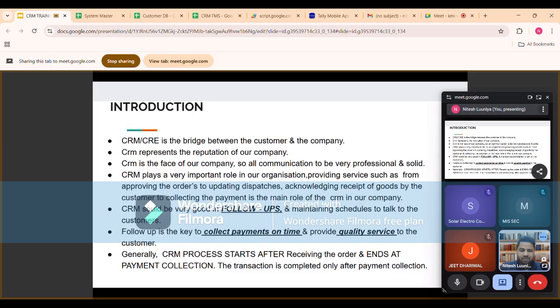So the main role of CRM starts after the order is received. Again, as I told you, follow-up is the key to collect the payment on time and provide quality service to the customer. So the main thing required here is follow-up. Make a note of this in your book in bold letters. This is the main skill required for CRMs. Generally, the CRM process starts after receiving the order and ends at the payment collection. The transaction is completed only after receiving the payment from the customer on time within the due date